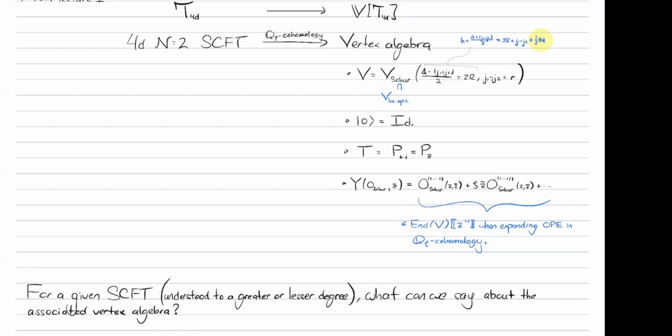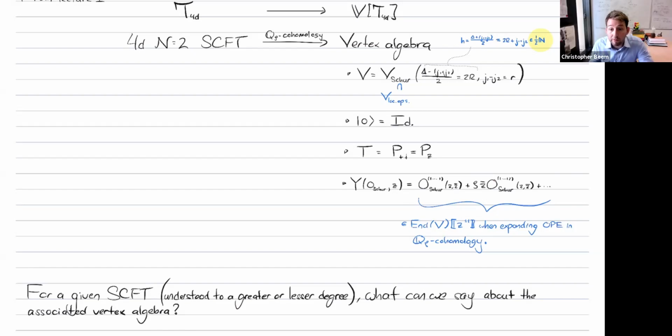And then it was a result of this analysis of the superconformal algebra. The thing that you get if you take this object and do OPEs and restrict to the level of cohomology classes with respect to this supercharge is something which is going to be meromorphic, and so that we can think of as one of these endomorphisms of V valued formal series in Z and Z inverse. Okay, so that's bringing us up to speed on the